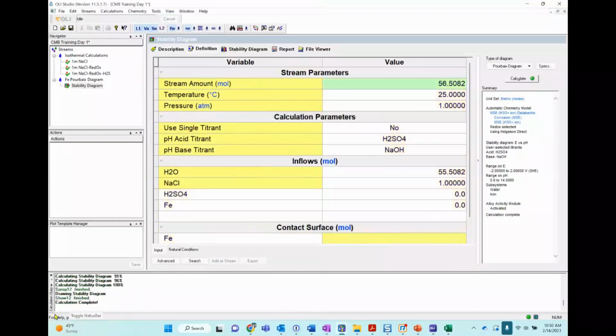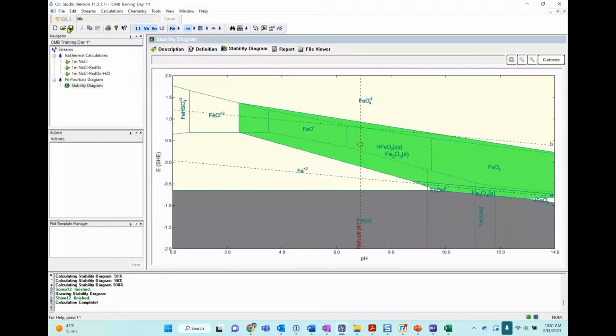Okay, calculation completed. The stability diagram is how we call our results in this specific calculation. To see the results, we go to the stability diagram. Good. Save, if anything happens here.